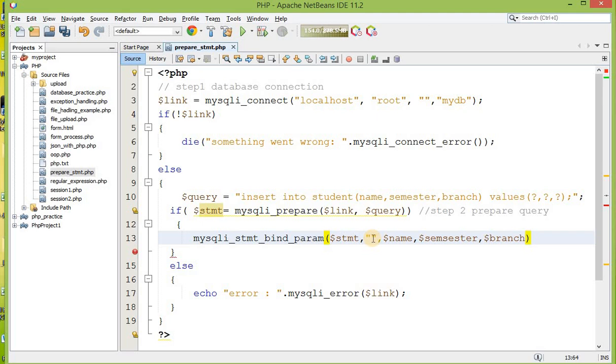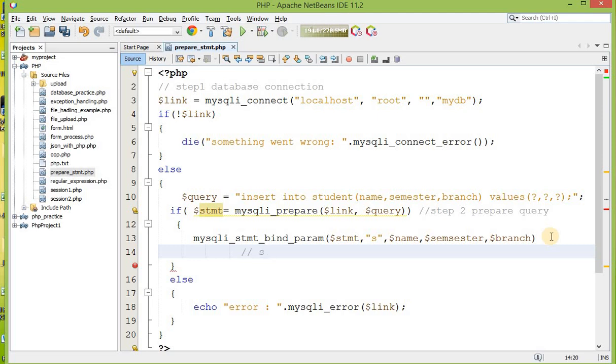So this method will bind these 3 variables to the query that is handled by this stmt variable. Now what is this middle one? What is this second argument? Second parameter: over here you have to define the type of variable that you are binding with. So just look at name, that is string type, so you have to put s, lowercase s. Now over here there are certain things that you have to remember. And what is that? I'm just writing over here.